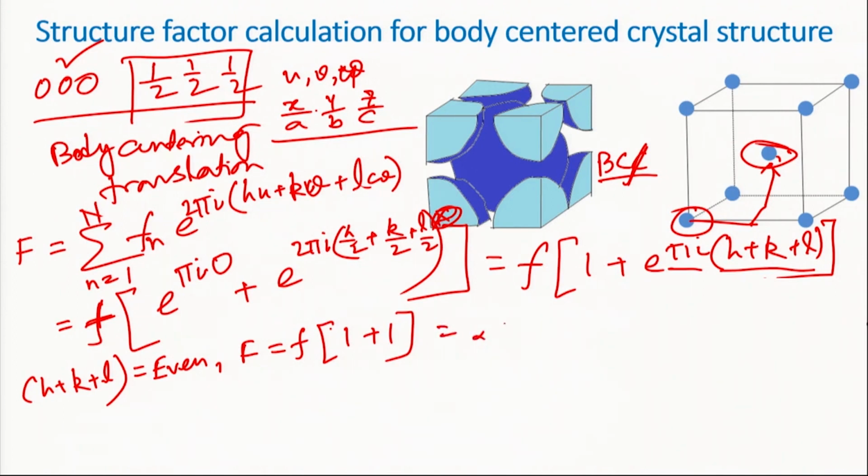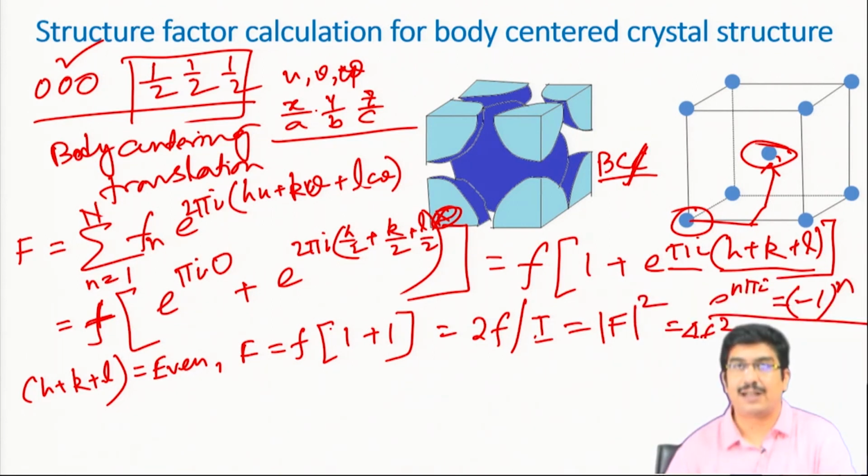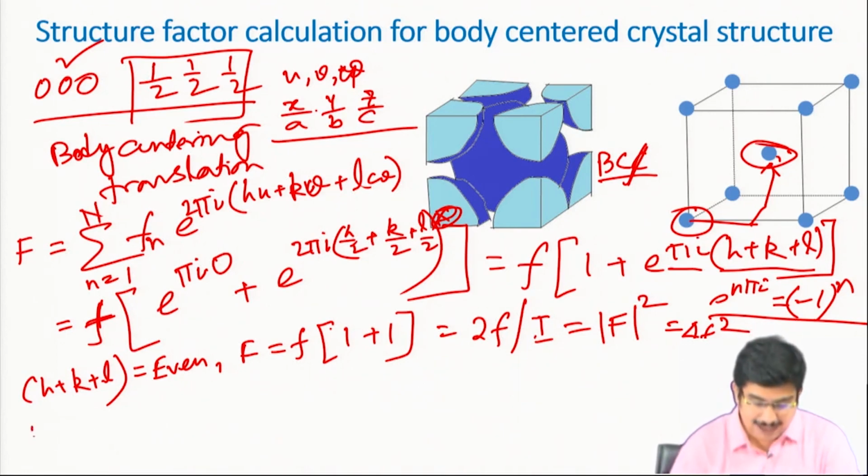So we get 2f, and the intensity, we know, is basically nothing but mod of F square. So it comes out to be around 4f square. This is the final intensity we are getting if h plus k plus l is even, and if h plus k plus l is odd,